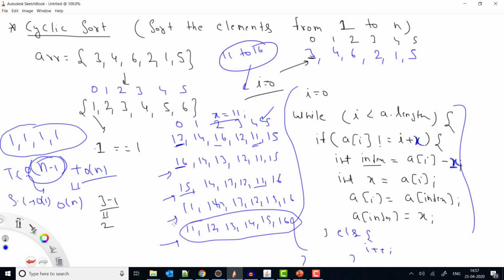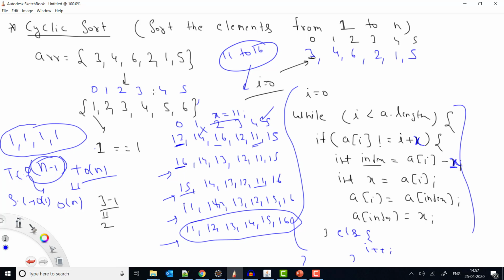So this logic is also applicable in this case. It's just that the question should check the condition that all the elements are present. Like if any element is missing, let's say out of 11 to 13, 14 is missing, then in this case this logic won't be applicable, right? So cyclic sort, or this logic, will be applicable when we have all the elements from 1 to n, but they are in any order. Then we can easily sort using this logic.